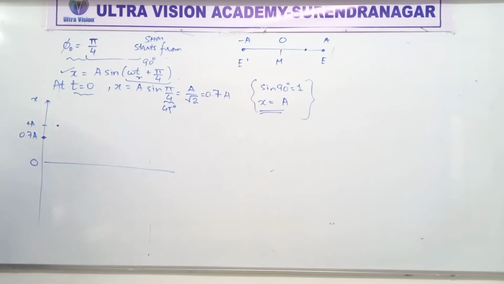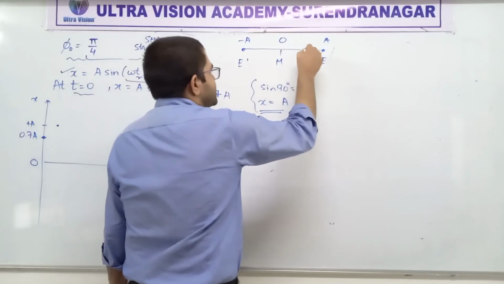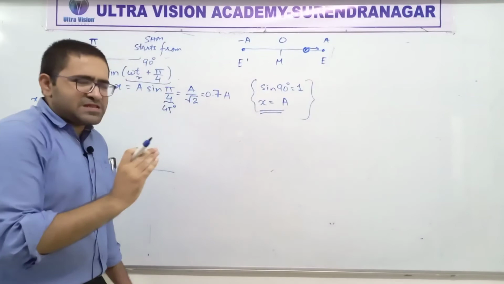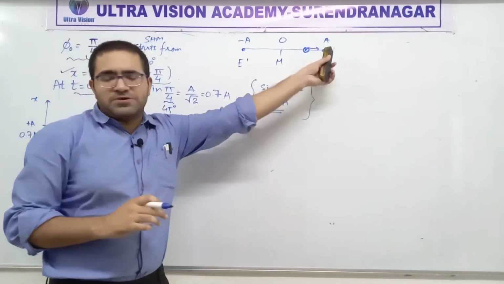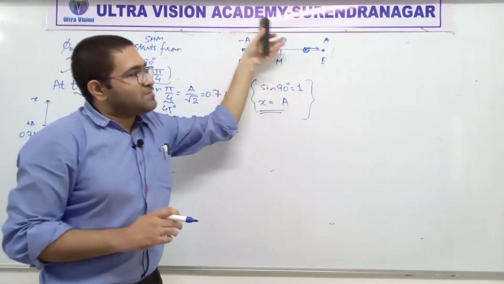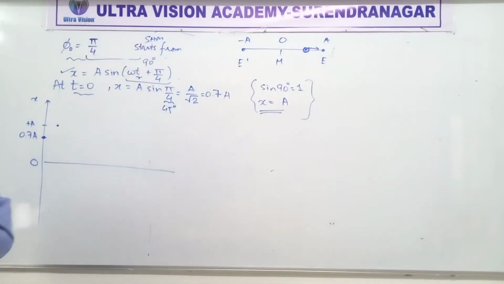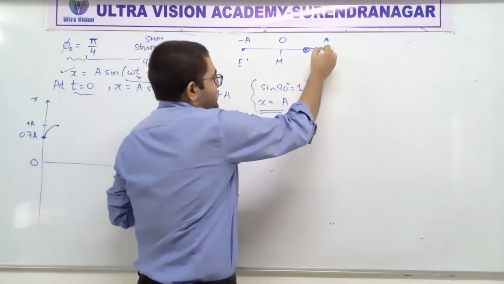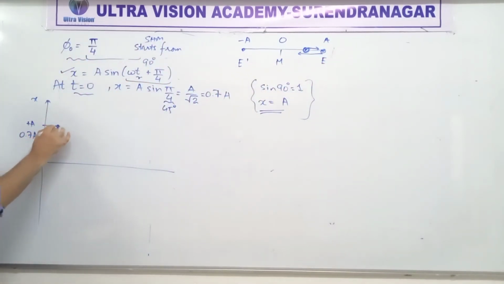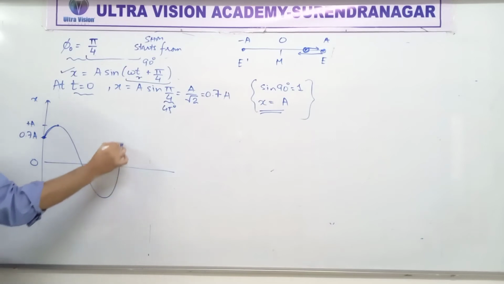So what that means is that this particle will start from here and then it will start moving toward the right side. Very soon it will come to the end point. Did you understand? This particle will start moving right from here and very soon it will reach the end point. Clear? At the end point, it will turn back and start moving towards the left side. So now things will be just like they have been earlier.